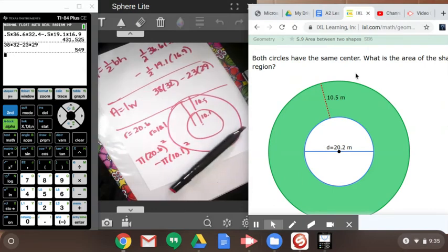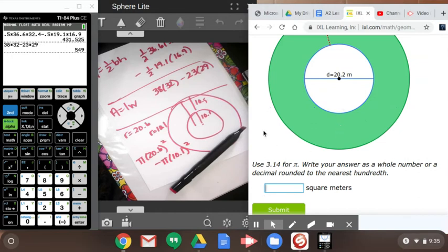And then I just want to look to see what we're rounding here. Okay, I made this mistake one time. It says to use 3.14, so don't use the pi button on your calculator. You want to use 3.14. So I'm going to do 3.14 times